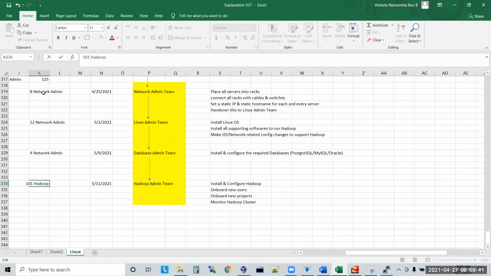Is an Oracle database team required in the Hadoop admin team? Sir, I'll tell you why a database is required in the Hadoop admin team. People will usually not go with Oracle because it is a licensed database. They will go with Postgres or MySQL. So it means we require at least one Postgres database admin in our team. Understood? So that is why a Hadoop team includes this, maybe in future for the RDBMS.